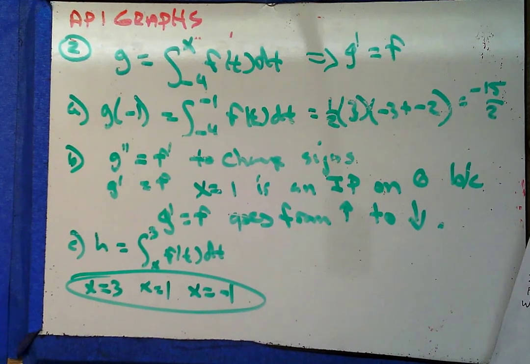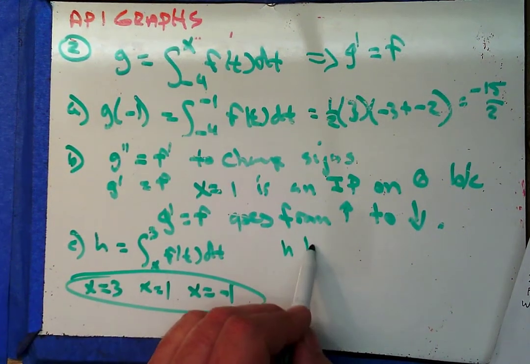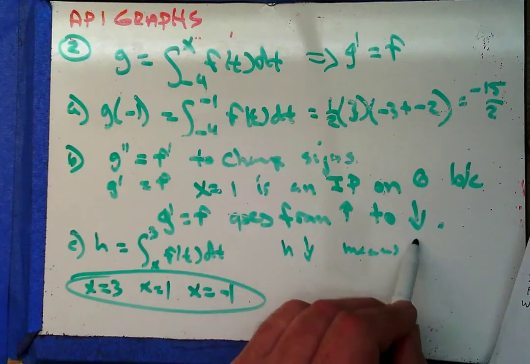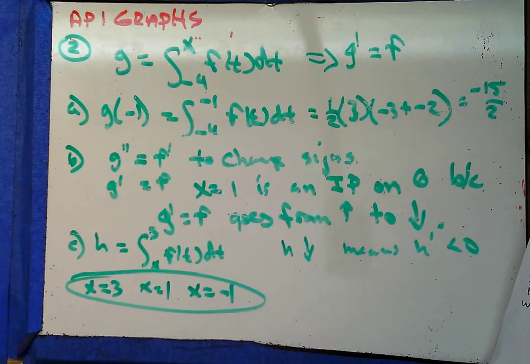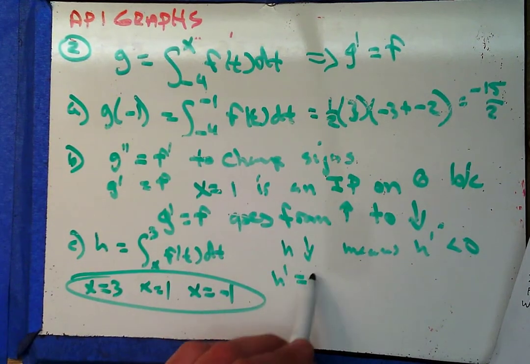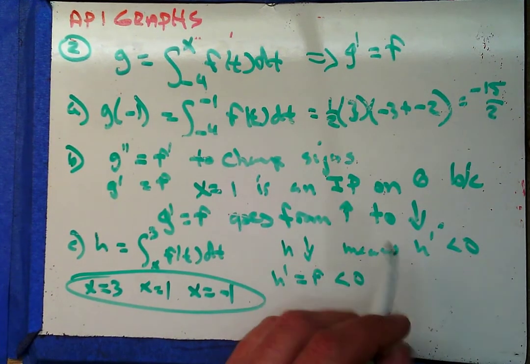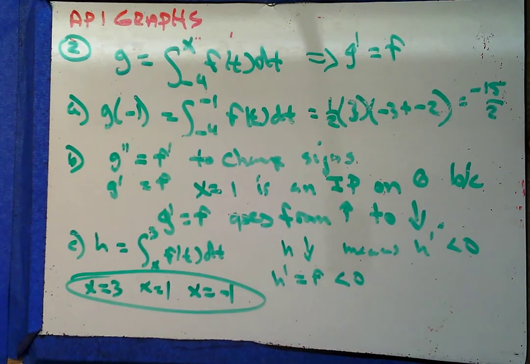Part D. For the function h defined in part C, find all the intervals for which h is decreasing. Okay, so if we take the derivative, right, because h decreasing means h prime less than 0. So if I take the derivative of both sides of this equation, I see that h prime equals f, and I want to know when h prime is less than 0, so I want to know when f is less than 0. When is f less than 0? F is less than 0 on, and it does say f is less than 0 on